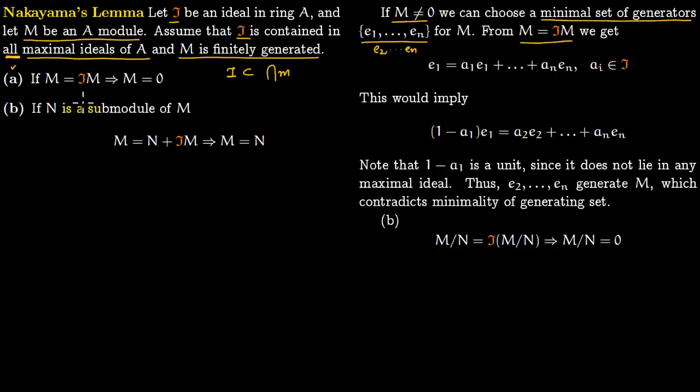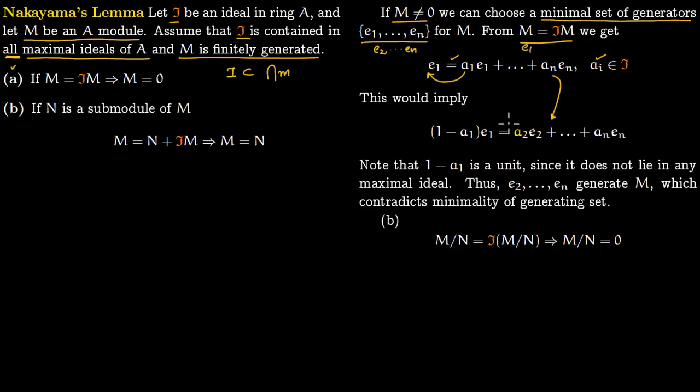That is our hypothesis. So then from M you choose one of your generators, say E1, and then you can write it in this form: A1 E1 plus all the way to An En, where this Ai lies within the ideal I because of the equality here. So this equality is coming right here, and here we are choosing E1, able to write it in this form. Now you bring this to the left hand side, you have 1 minus A1 times E1. The first term has gone here.